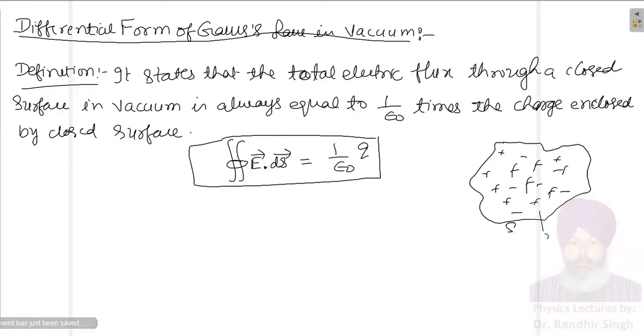Then this formula is valid. If you have any doubt about this relation, it actually follows from the definition of Coulomb's law. You can very easily get it. You proved this Gauss law using Coulomb law in your plus 2 class, using the Coulomb law for a point charge or a monopole. So if you have any doubt about this definition and this expression, kindly ask me.